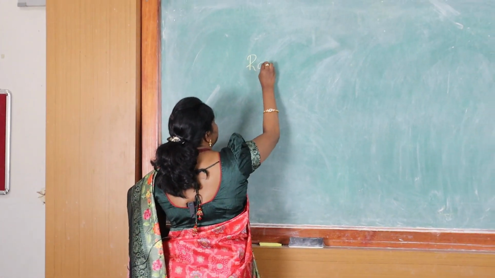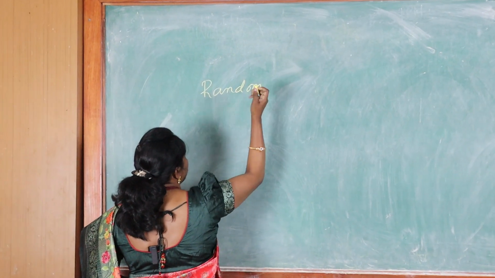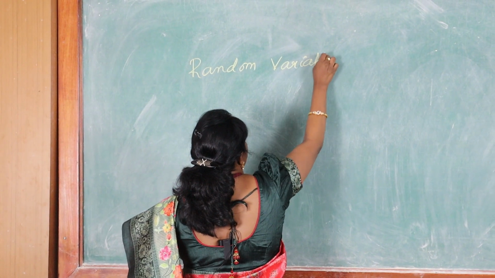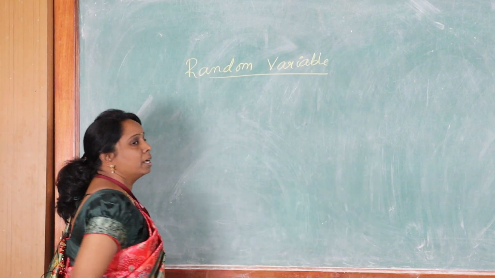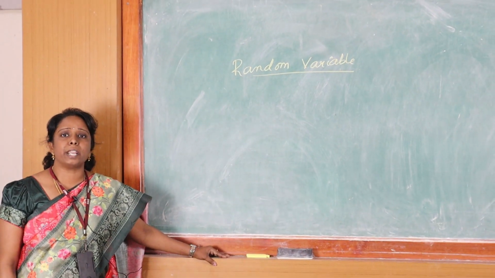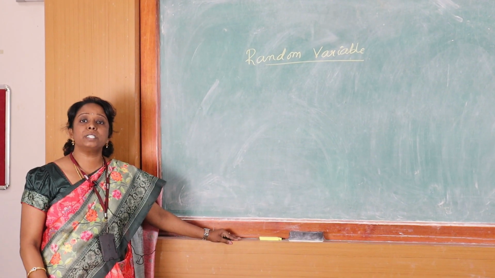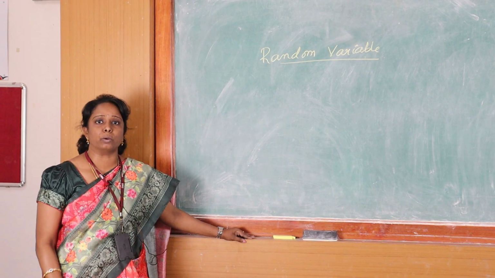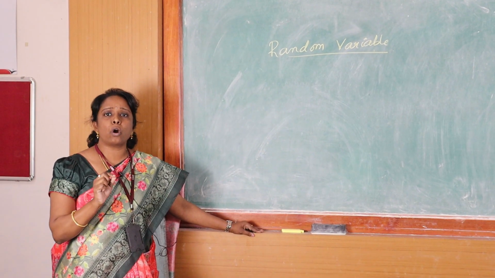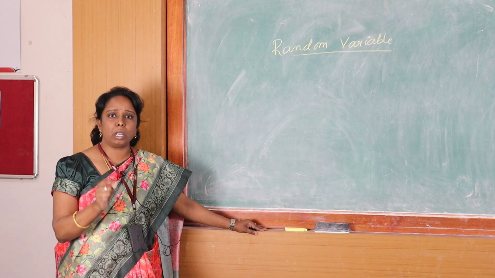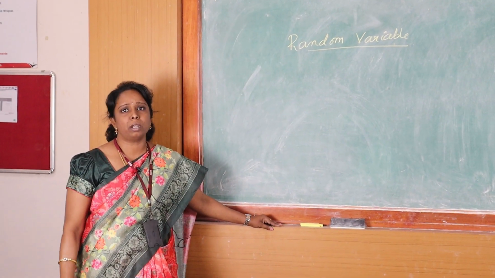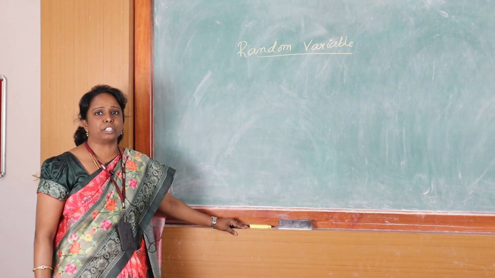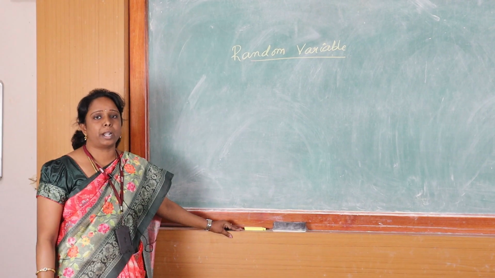Random variable. This is one of the important terms in probability theory and stochastic process. Random variable is generally defined as a real valued function which is obtained by mapping each and every outcome of a sample space to a real value, single real value. No outcome is mapped to multiple values. Only one outcome is mapped to one real value. So let me give a small example, then I will give a clear definition so that it will be a very clear picture about the random variable.